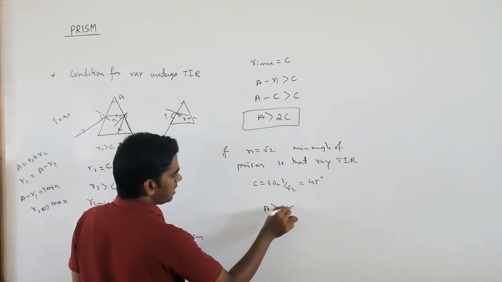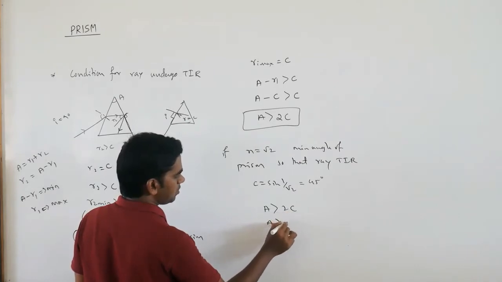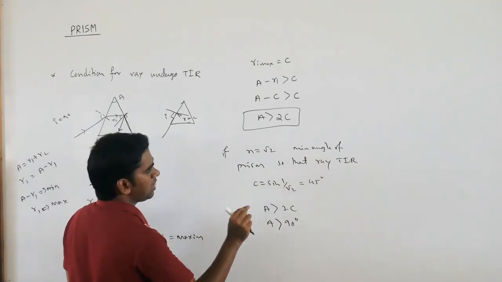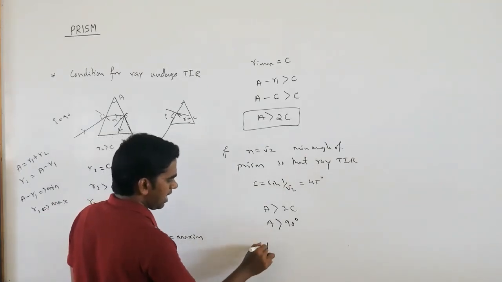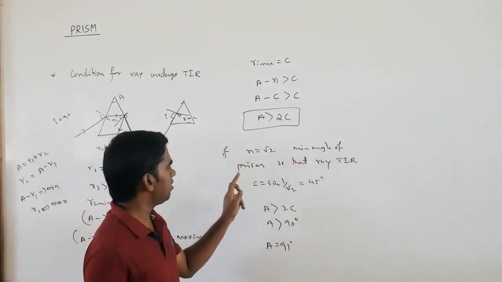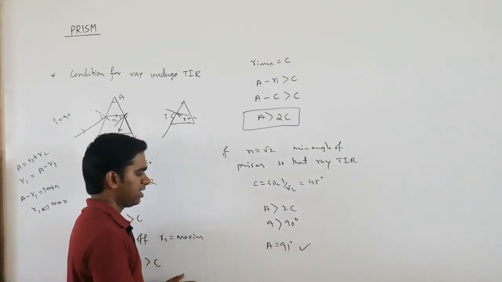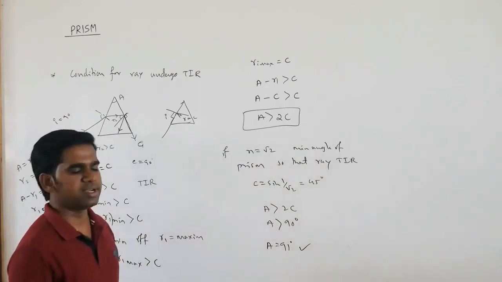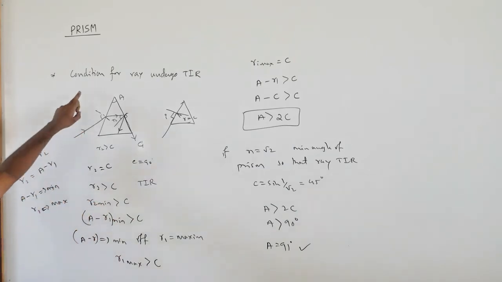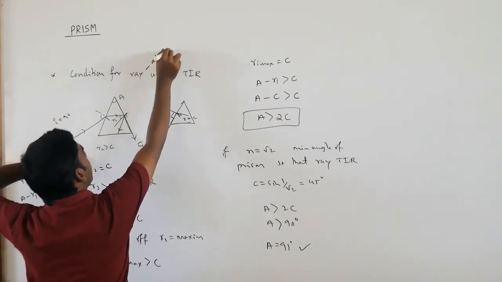Angle of prism should be greater than 2C. So A should be greater than 45 times 2, so 90 degree. So ray will undergo total internal reflection if angle of the prism is 91 degree. The minimum angle of prism that they ask for is 91 degree. For 90 to 93 it will undergo total internal reflection, but they are asking the minimum value. So this is when ray always undergo TIR.